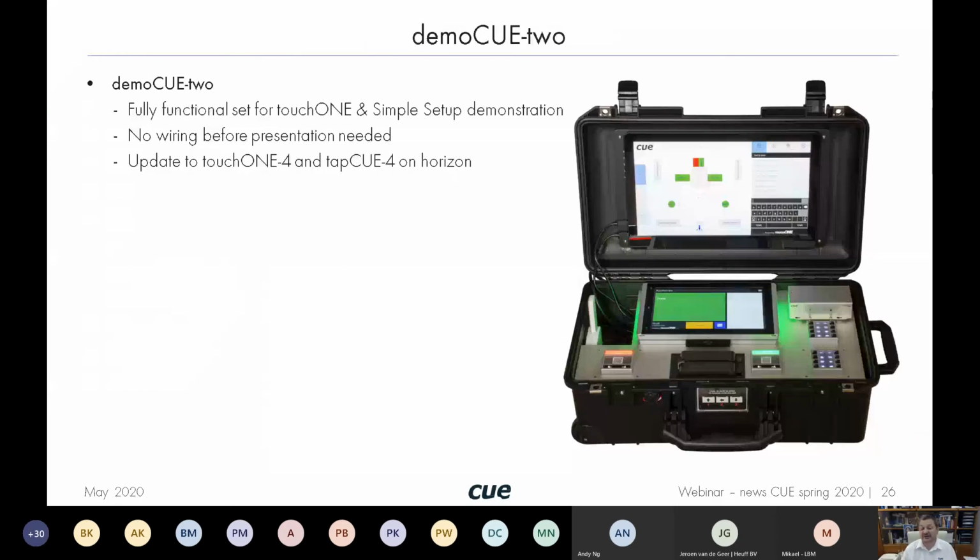Just a reminder, DemoCUE2 is a fantastic demo tool. I know it's not easy to use such a tool today, but I'm very optimistic that we all will start traveling and meeting face-to-face again very soon. And it's good to be prepared, having a fantastic tool. So this is a great tool